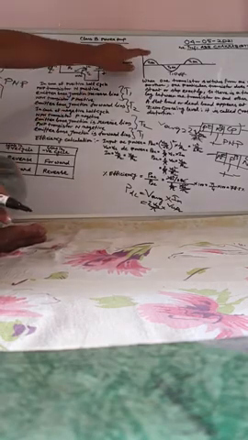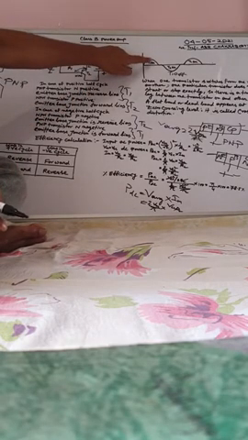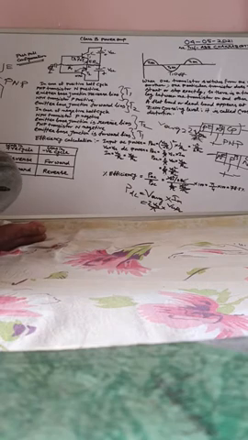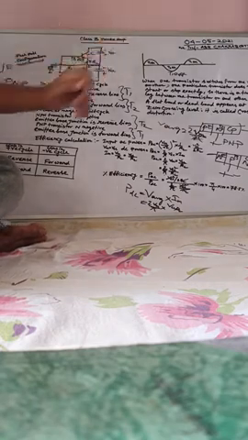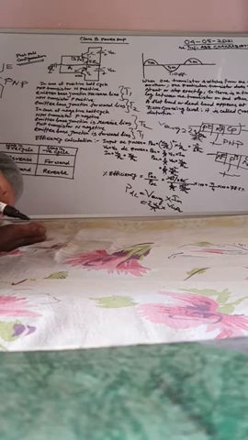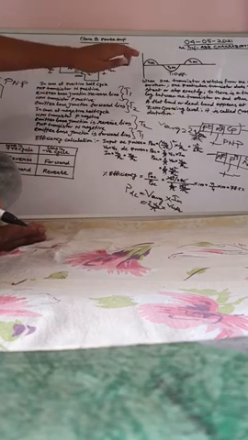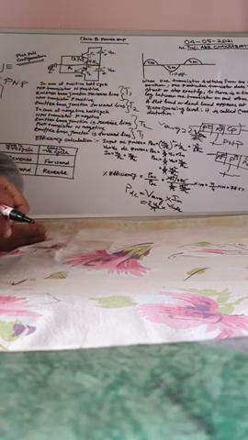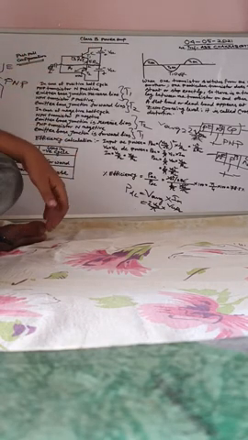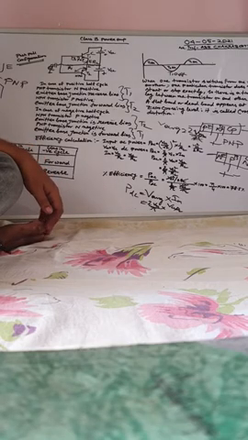This happens due to the small time lag between T1 on and T2 off, then T2 on and T1 off. T1 and T2 cannot be switched on and off simultaneously at the same time. That means one particular transistor cannot start or stop exactly at the same time when the other transistor is off or on. There is a small time lag between one transistor on and another transistor off.